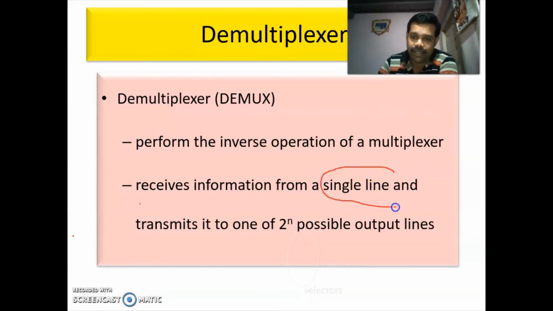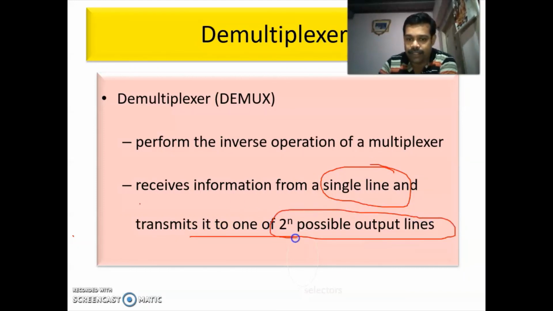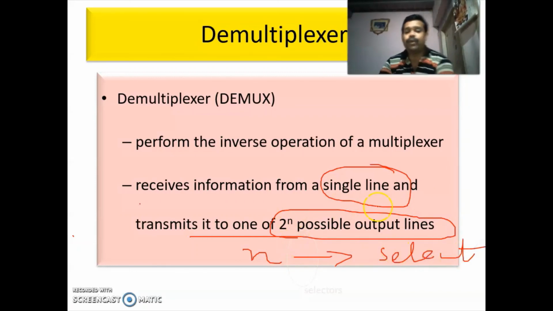It receives information from a single line and transmits it to 2 to the power n possible output lines. So the demultiplexer has only one input line, 2 to the power n output lines, and n select lines. So this is a demultiplexer.